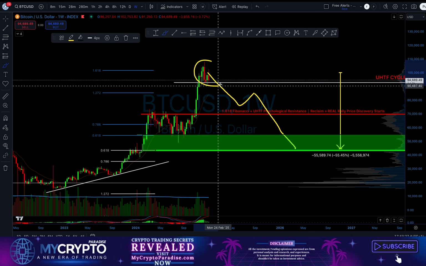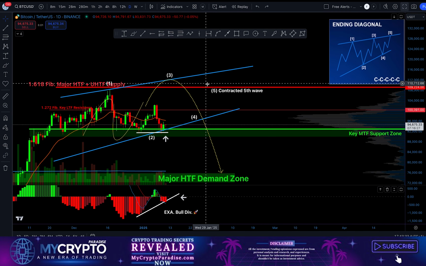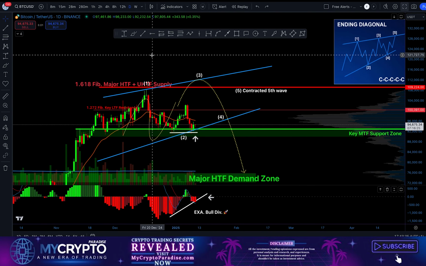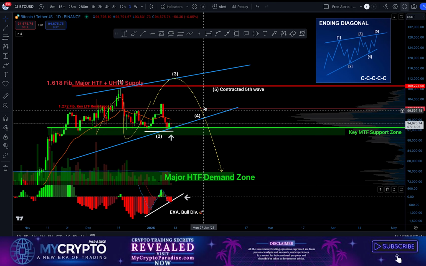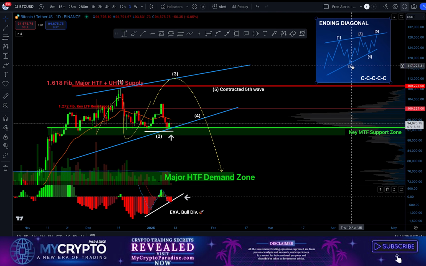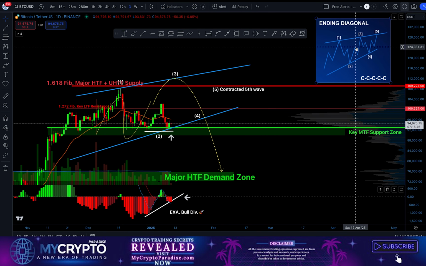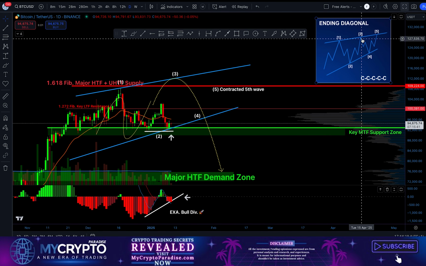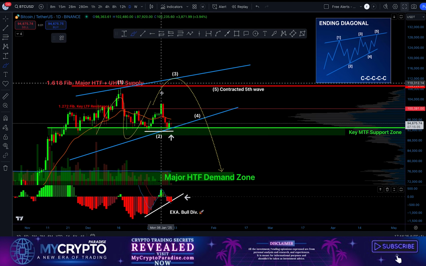So let's zoom in on this price action by shifting our focus to the daily time frame. This is high time frame analysis for us. As you can see, we are forming this ascending ending diagonal very nicely, and currently we are finishing the second wave. This is a textbook example where you can see what's coming next, and it's another corrective move in an ABC structure that might take us towards $112,000, ladies and gentlemen.